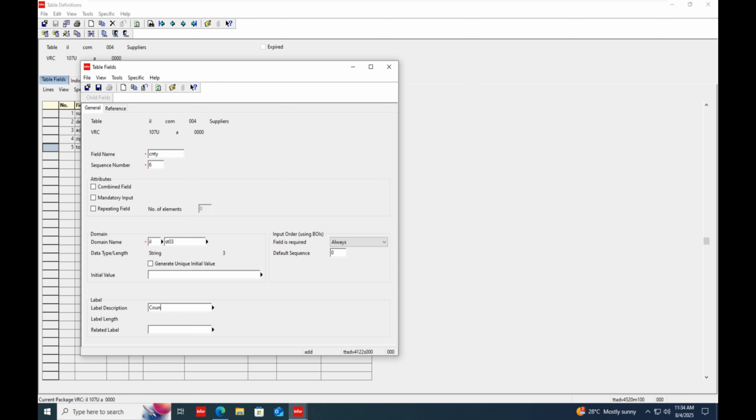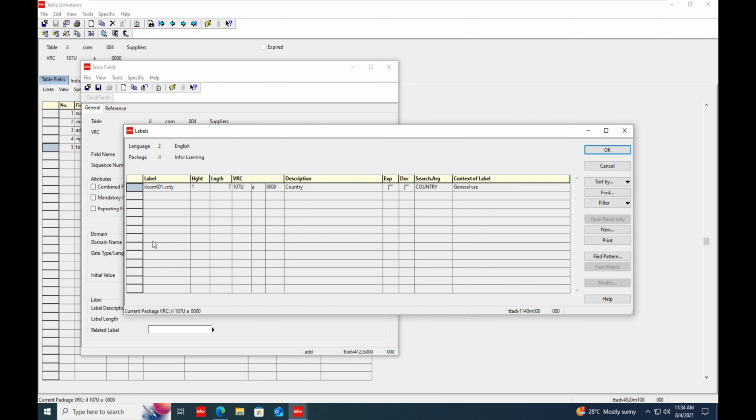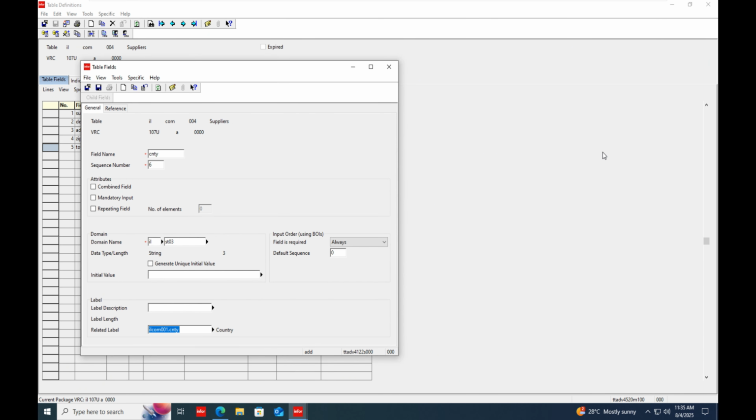COU, country. So like you can see here again, the session is open of that TTADV 1140 M000. Here it is showing that country is already defined, or you want to create new. I'm taking this only. I selected this and then okay,